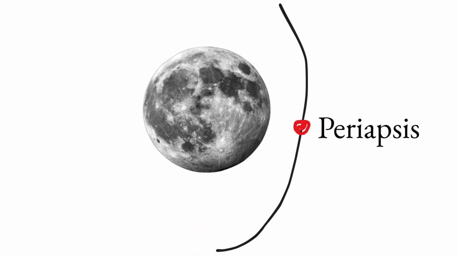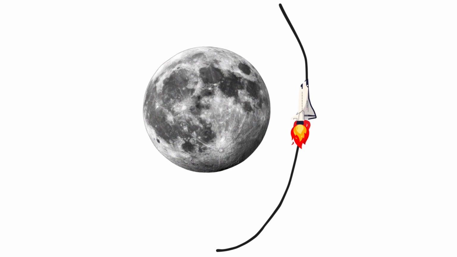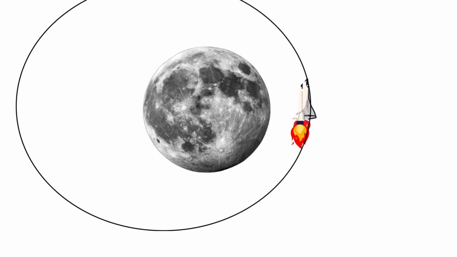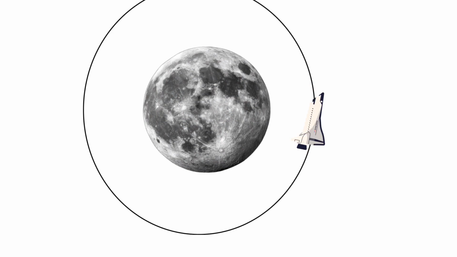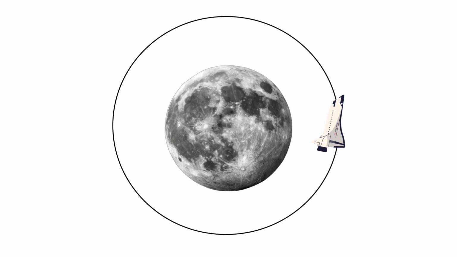So that we don't go past the moon, we need to capture into an orbit. So when we're at our periapsis, the closest point in our approach to the moon, we need to turn around and burn retrograde, in the opposite direction that we are moving. As we burn, we decelerate enough so that the moon's gravity can help us form an orbit. And there you go. Now we're in an orbit, and we can descend to the surface if we want to,